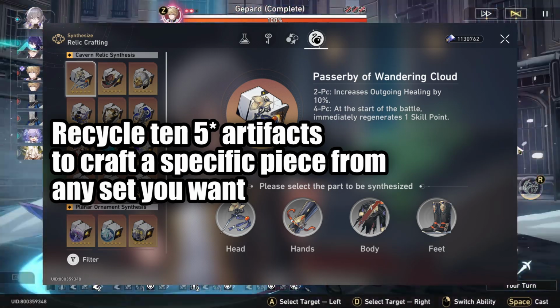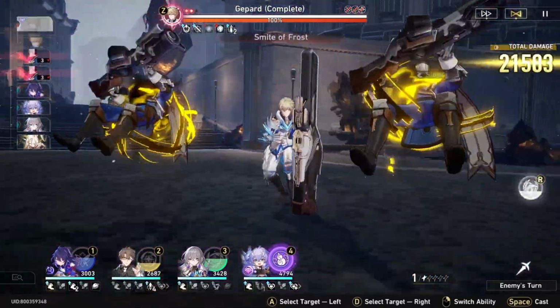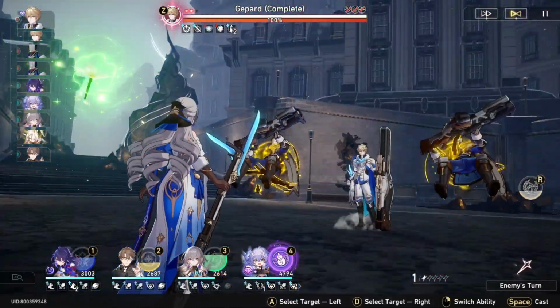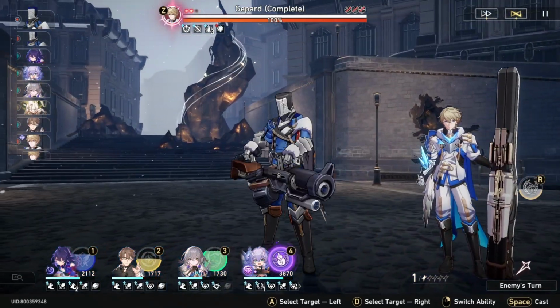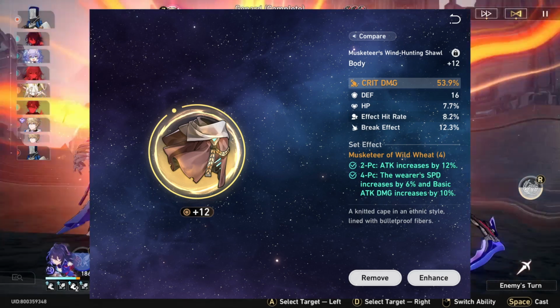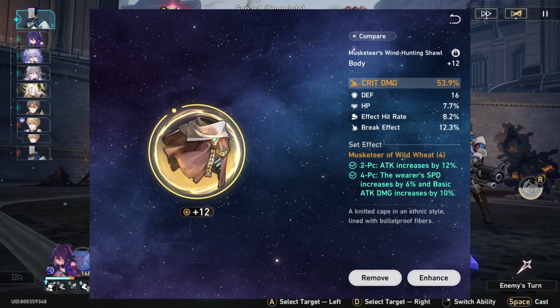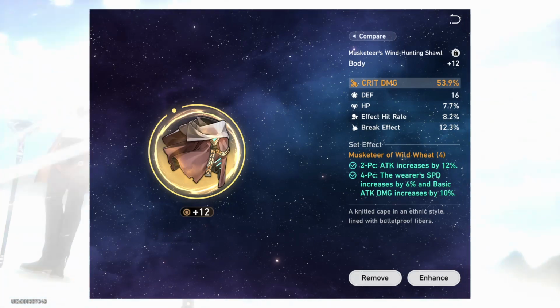And while you shouldn't go and recycle all your unused 5-star relics, it can actually be a very convenient way of completing a set or fishing for a desired main stat on a specific piece. Bronya's team buff relies entirely on crit damage, and I used the crafting system to generate 3 Musketeer chests. The first 2 were S, but the third one had crit damage as main stat,